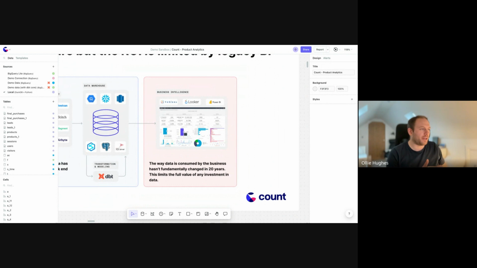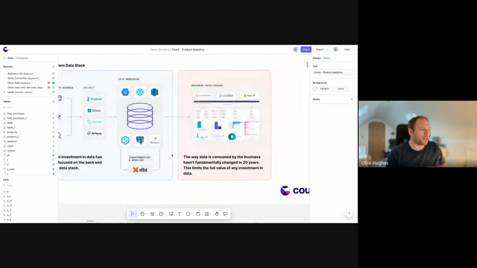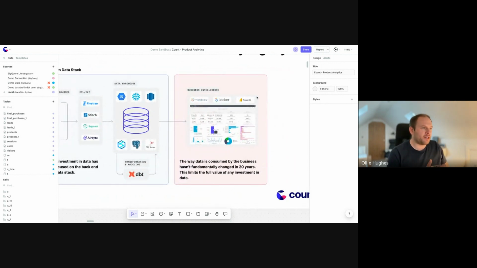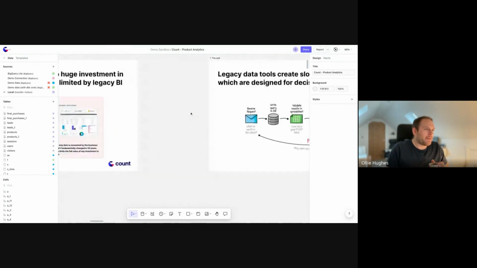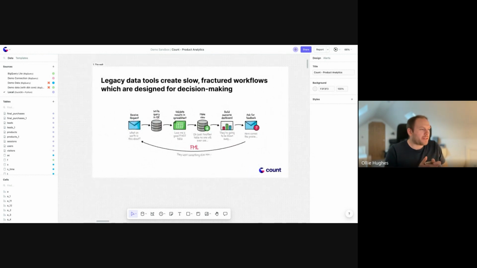A lot of the paradigms that people are using, look at Tableau, Power BI, have been around for a lot longer than the infrastructure that we're now adopting. These were all on-prem native solutions before the cloud became true. And this is now the bottleneck, which limits the ROI and limits the ability for the business to engage with the data in a faster, more agile way. A way that we talk about this internally, and this may be triggering for you, is to think about the way that you're working with your product teams, your product managers, to get them data, to help them understand what's going on and reach a conclusion. That workflow is often incredibly painful.